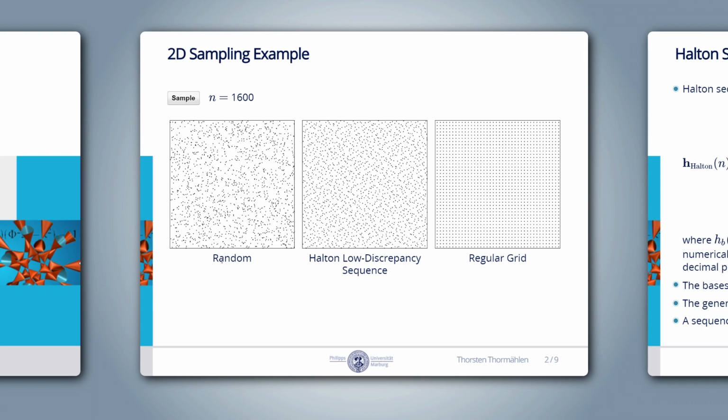Random sampling is what we have used so far for image-based lighting when solving the integral of the rendering equation using Monte Carlo integration. However, when we look at the sample locations here, we notice that the samples are not evenly distributed. On the one hand, we have some gaps, which means that these areas do not contribute to the solution. And on the other hand, we have clumps, which means that these areas contribute more to the solution. This typically increases the noise in the output. Of course, if we continue to sample, this would all average out because we are using a uniform distribution. But for a relatively small number of samples, random sampling may not be the best approach.